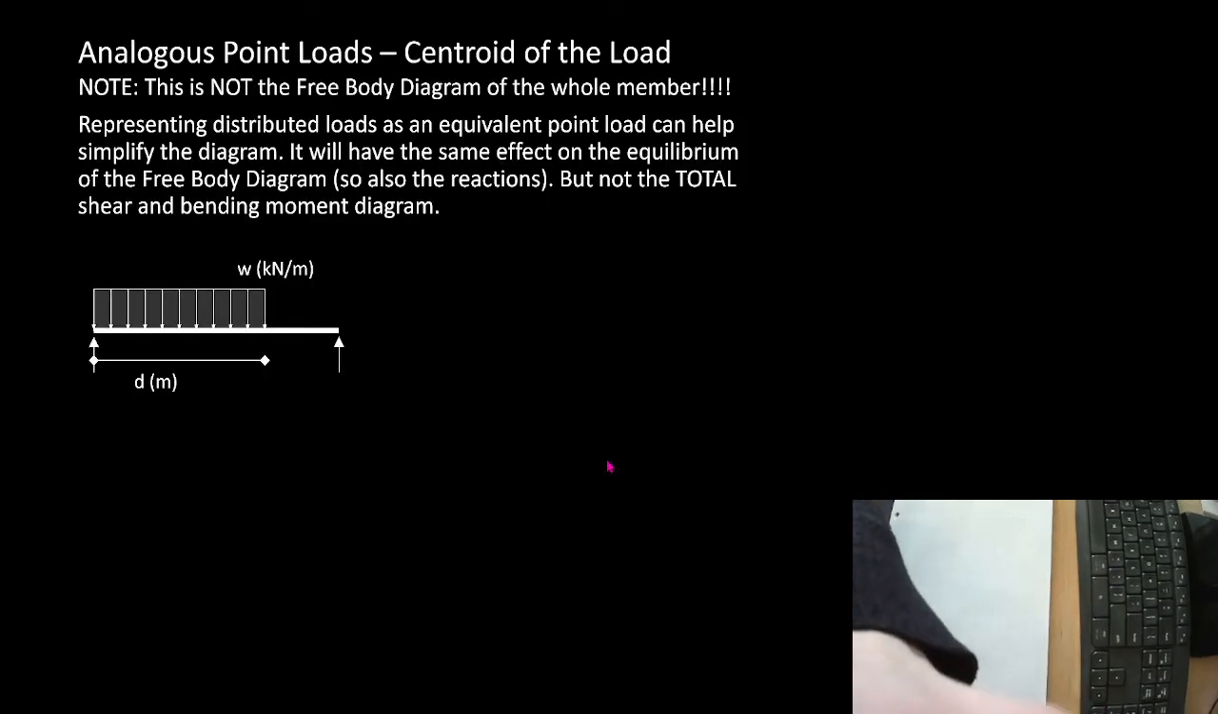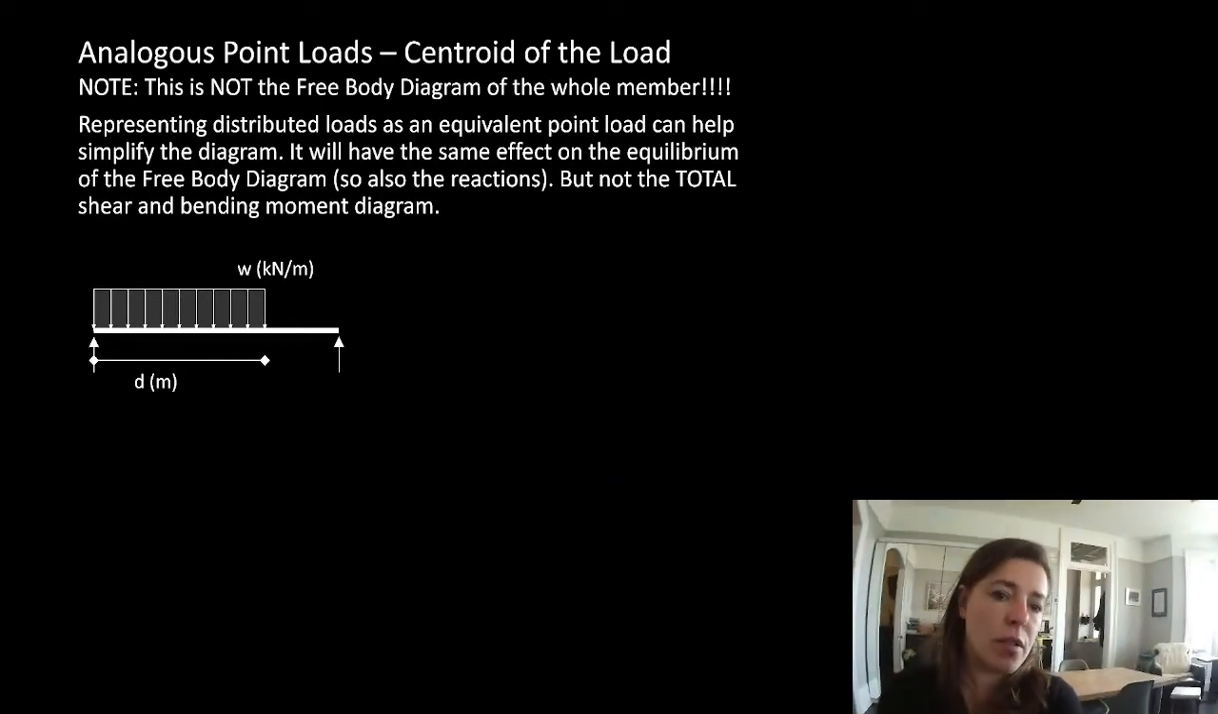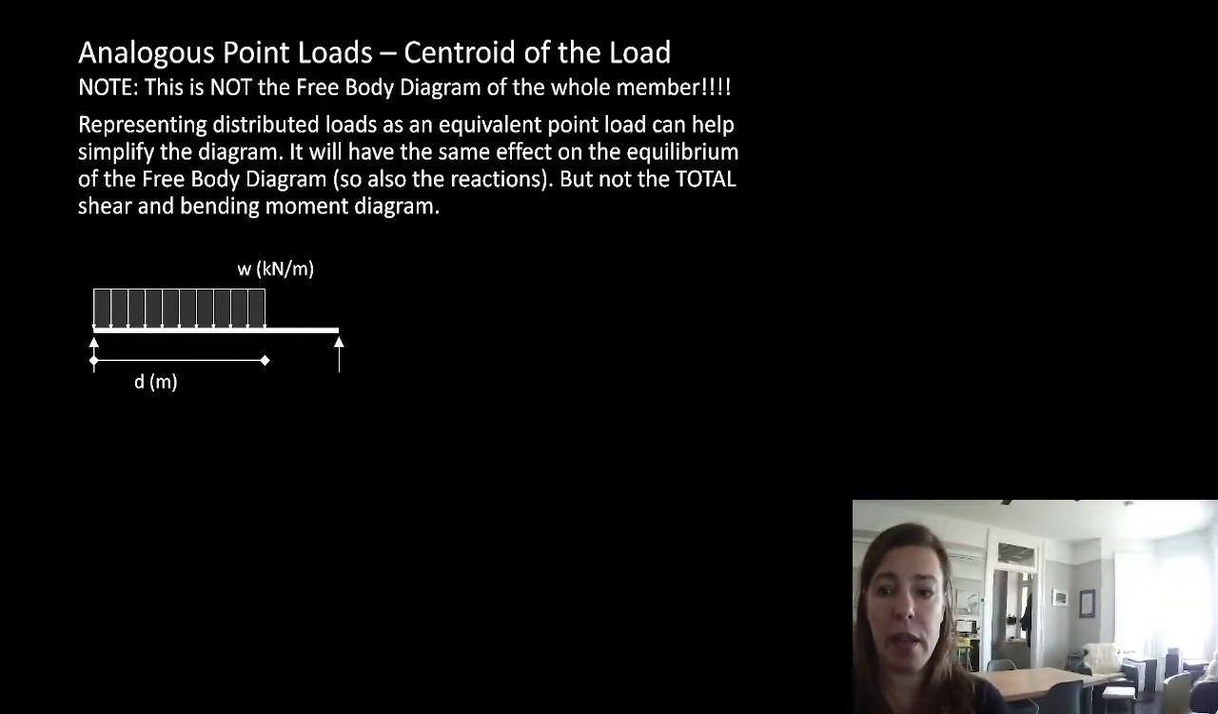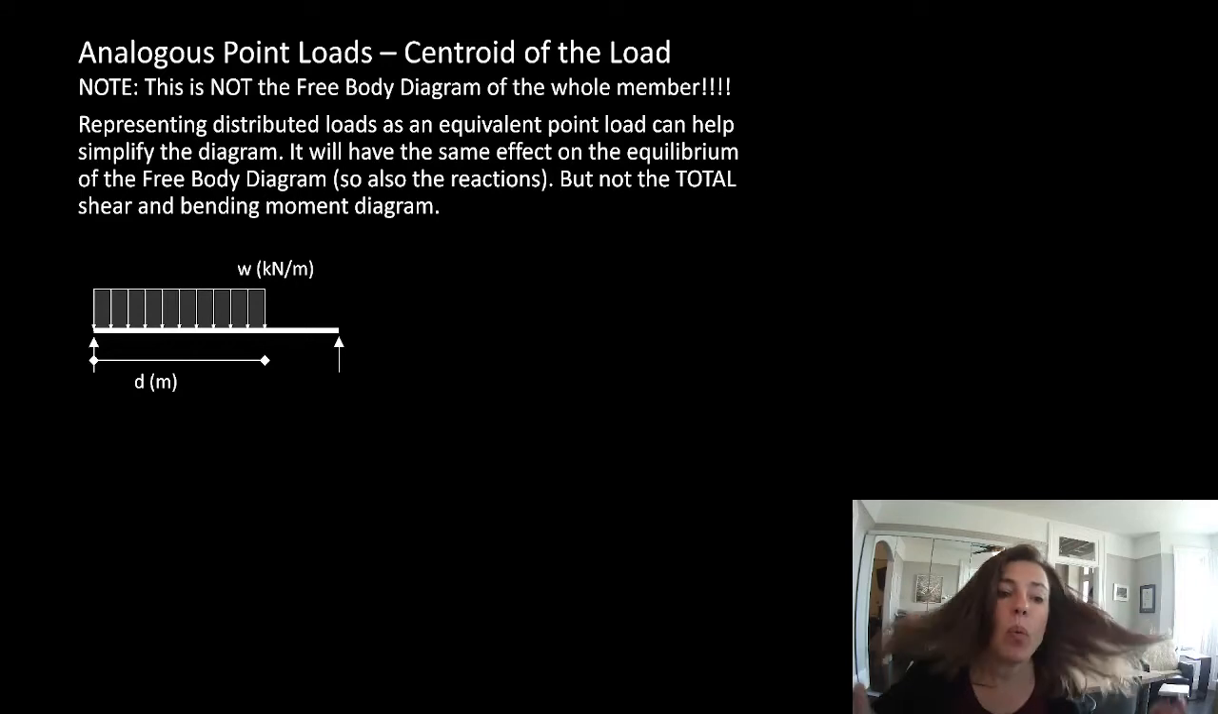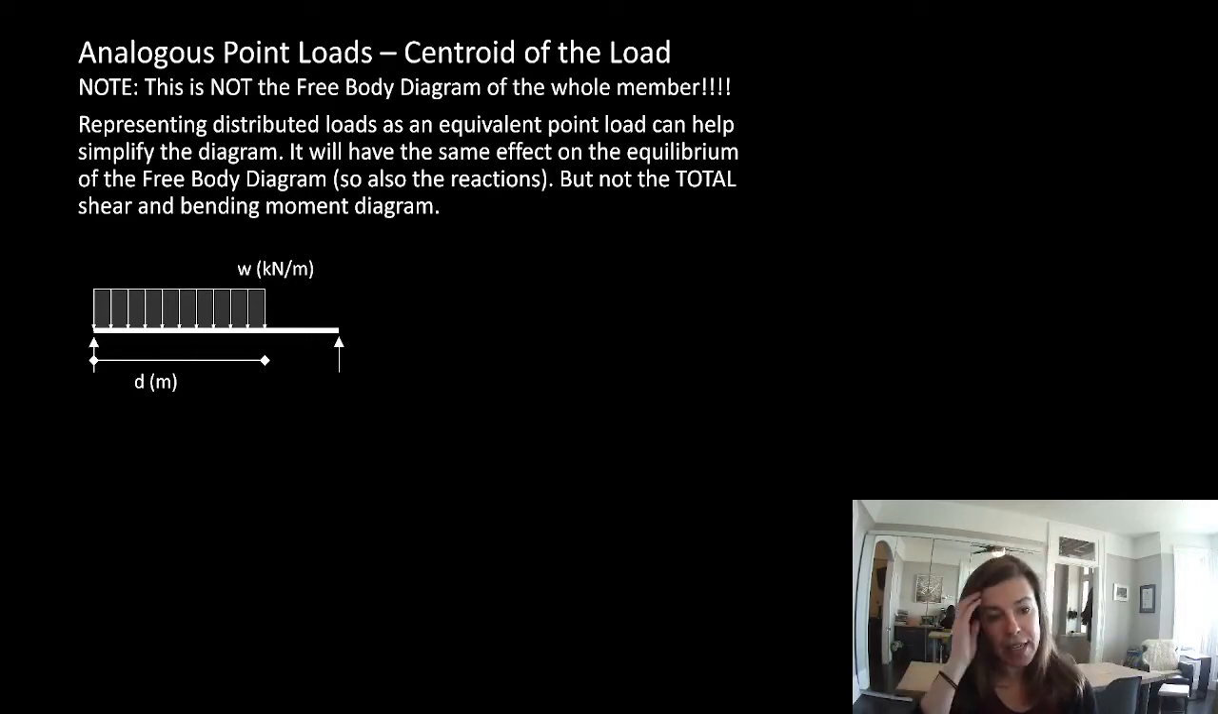Okay. This is where I want to talk about analogous point loads. What's an analogous point load? It's a handy little trick we use as a temporary way to solve our problem. We can use it as a fake free body diagram temporarily. It is not, I repeat, do not ever draw the analogous point load on your actual free body diagram. I will 100% instantly take marks off if you don't have an actual free body diagram without the analogous point